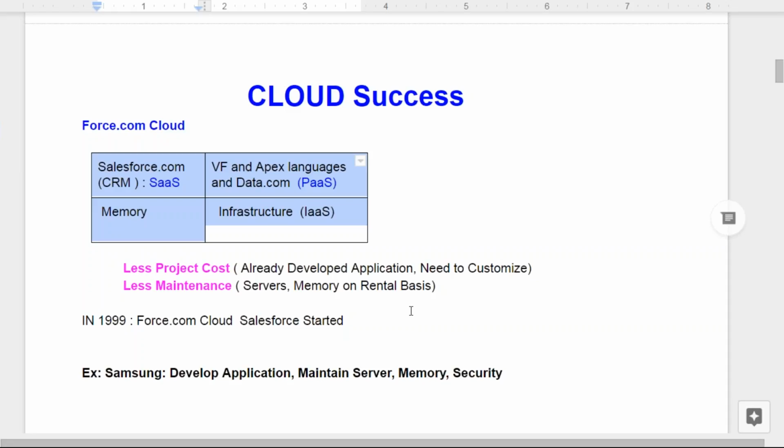For example, there is a Samsung client with 1,000 showrooms. Samsung has 1,000 showroom shops. In every showroom, how much stock is coming, how much stock has been sold, how you maintain service for that business, all of that requires software. If you want to develop software, I need to approach Wipro or TCS people. Wipro or TCS recruit some 20-30 Java developers, develop a web application and give it to the Samsung client.